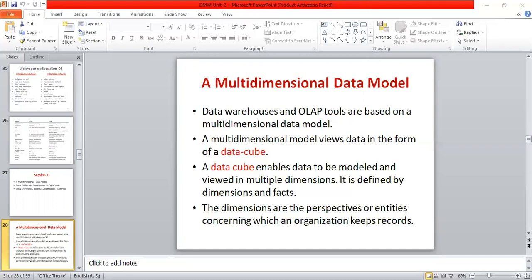For example, in my sales database, the dimensions like time, item, and location each have a particular table.